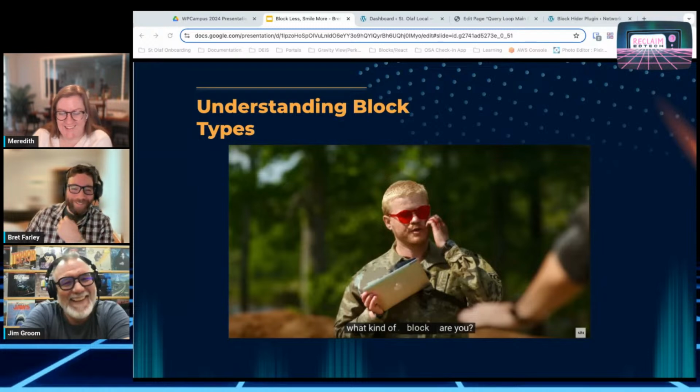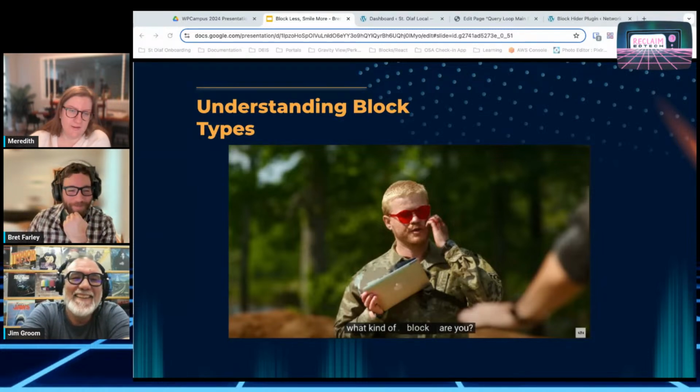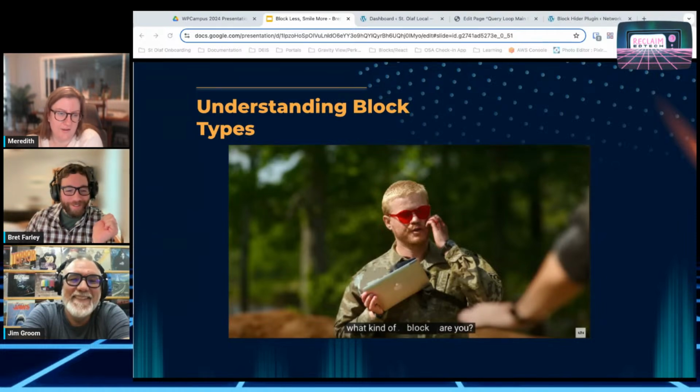Is that that scene that is embedded in all of our heads from Civil War? But it's really true. What we're doing here is figuring out what type of block, and then going from there: how does WordPress manage this block? When does it initialize this block, and when does it make it available, if ever, to the registry? And part of that was that certain types of blocks are just JavaScript being implemented on the front end, and creating a plugin, of course, that controls everything in the edit view from the network